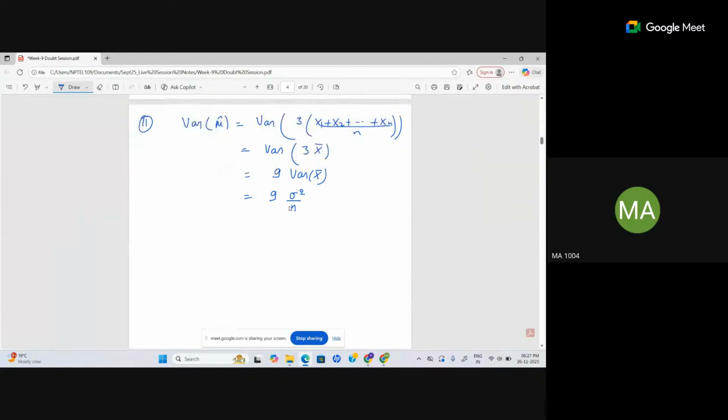Next is to find the risk of mu hat. So risk is simply bias square plus variance. So risk of mu hat is bias of mu hat square